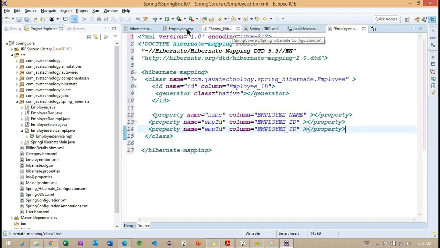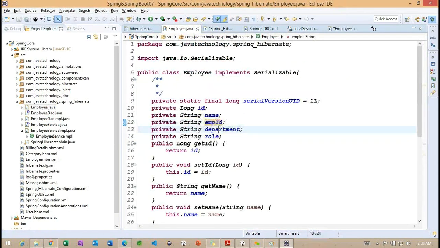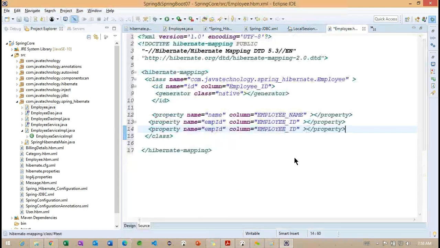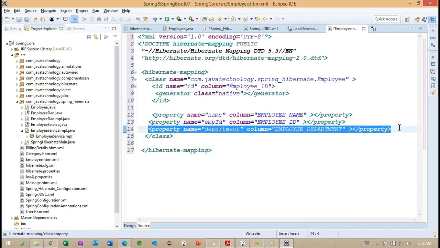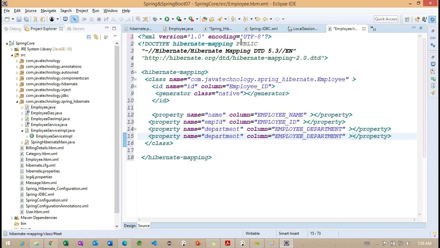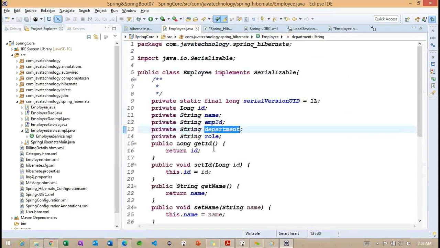Employee ID, and here we need to work with department, and finally, what is the other property we are having?